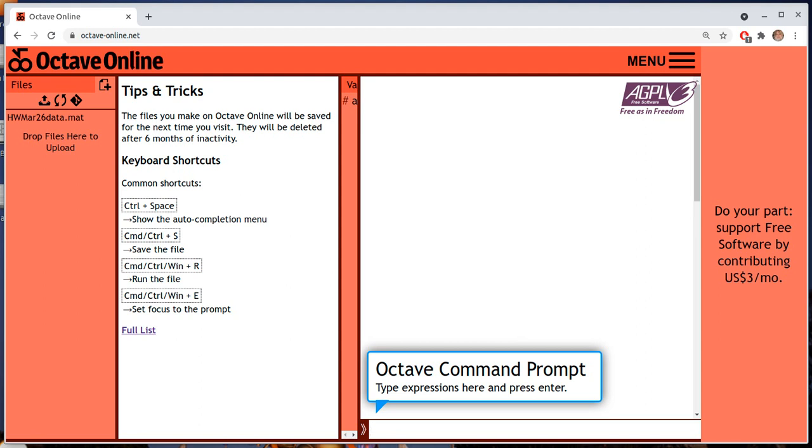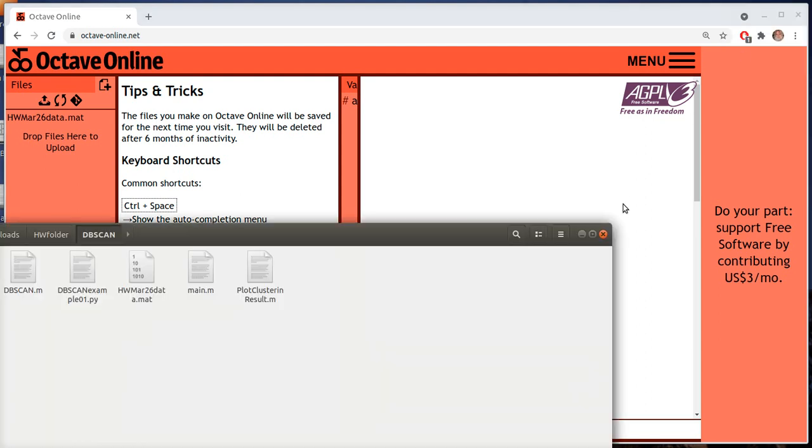So first of all, we want to upload a few files to Octave Online in order to make this work. I'm going to pause and go ahead and do that. All right, so the files I need in order for this to work are the DBSCAN.m file. That'll be on the class website. All of these will be on the class website. The main.m. Now I should say I've already got the data set loaded up. Otherwise I would load this one up as well. So for right now I just need dbscan.m,